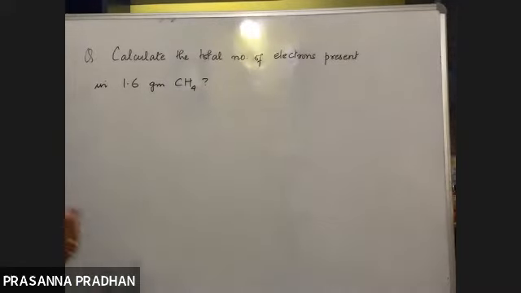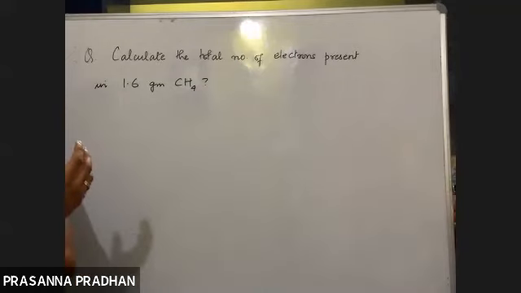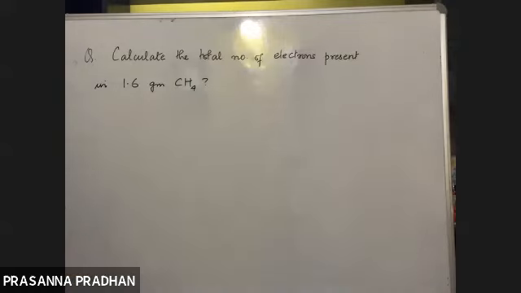So one simple question: how will you come to know how many electrons are there in an atom? For example, how many electrons are there in a hydrogen atom? You'll say 1. So if I ask you how many electrons are there in an oxygen atom, what will be the answer?